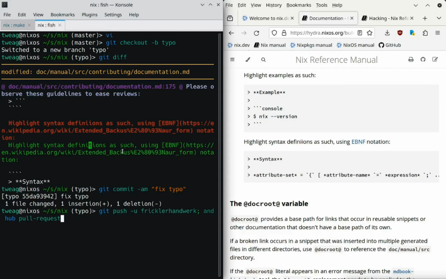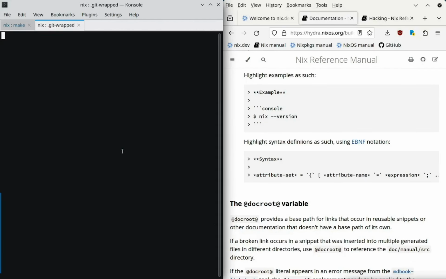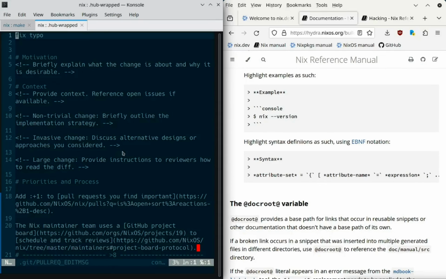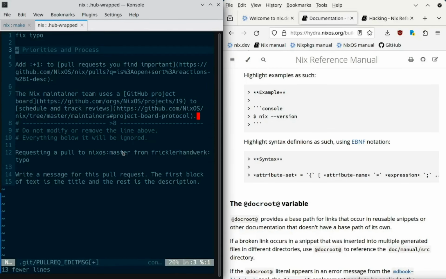I push a new branch to my fork and then make a pull request from the command line using hub, which if you only have one commit will automatically fill the PR description with the commit message. And because there's really nothing to say about it, it's just a typo, I'll delete all the boilerplate here. And when I write quit, it will open